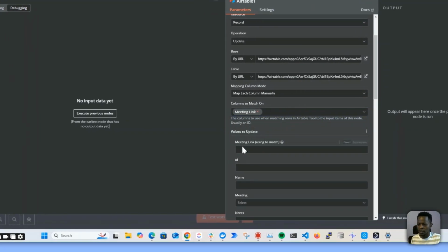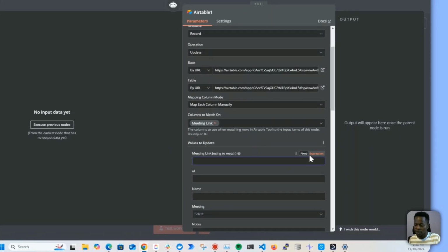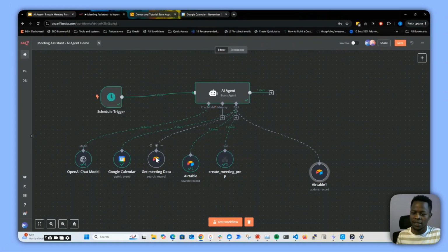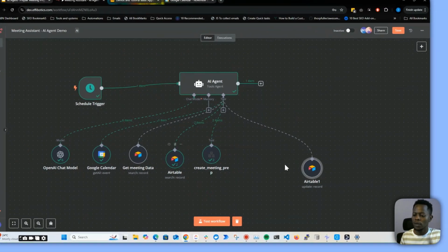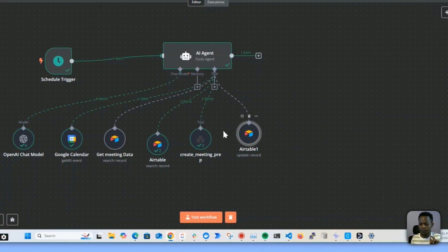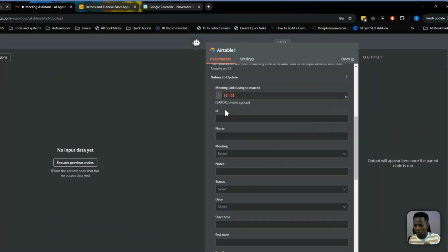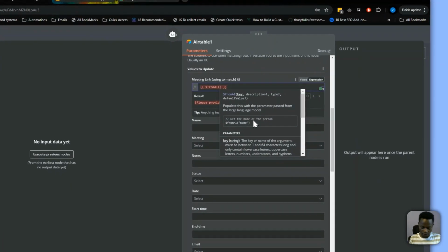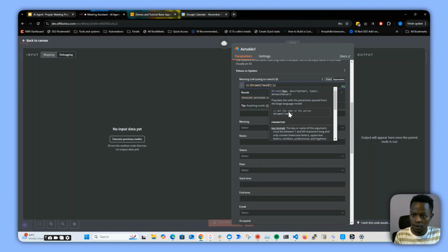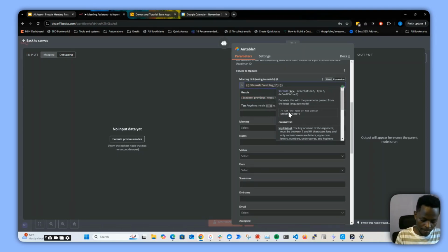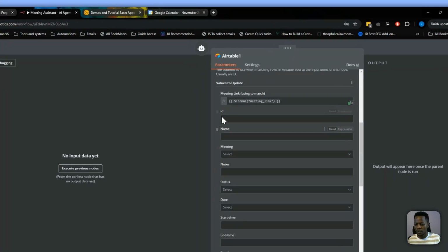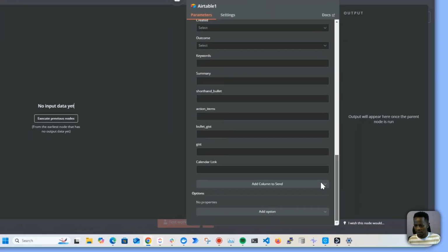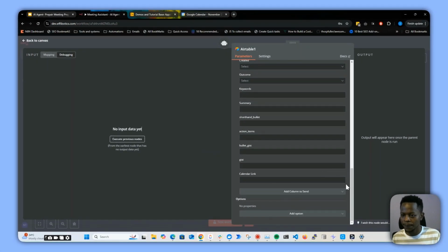Yeah, meeting link here, and this one we want the AI to give us. Remember, once we get this information from this path, we can have the meeting link. So we'll come and tell our AI what we want. So from AI, from those meeting links, we want the meeting link, and what we want to update is something very simple. We are just updating the last few fields,